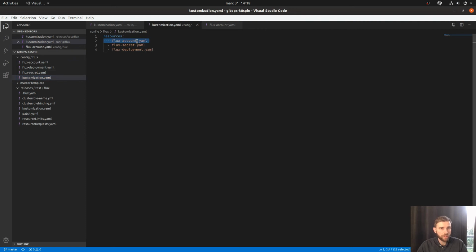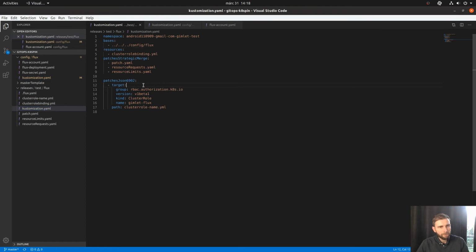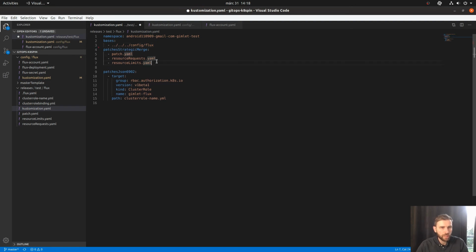So I just remove this line from the base config. And the customization deals with some cluster role bindings, which is not necessary at all. And there is a JSON patch overlay on the cluster role name. Now, I don't have a cluster role anymore, but I have to change the service account name. So I'm going to reuse this patch overlay to target my